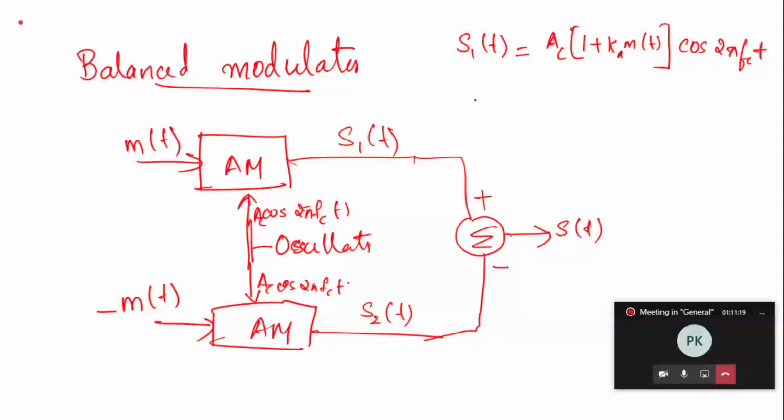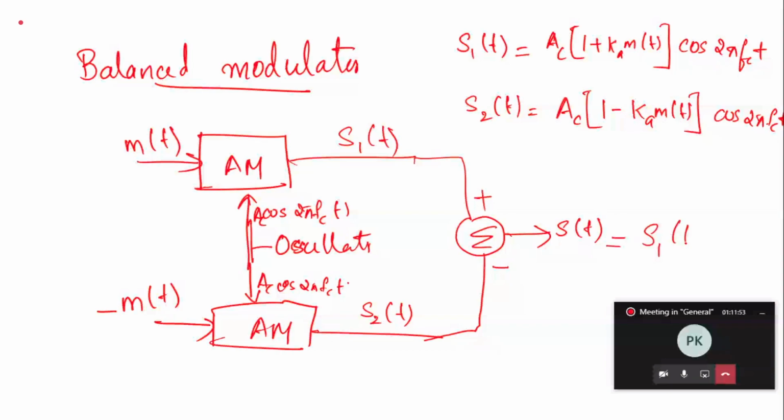Here you are giving the negated message signal to the second AM generator and the message signal as such to the first AM generator. So s(t) will be the combination: s(t) will be equal to